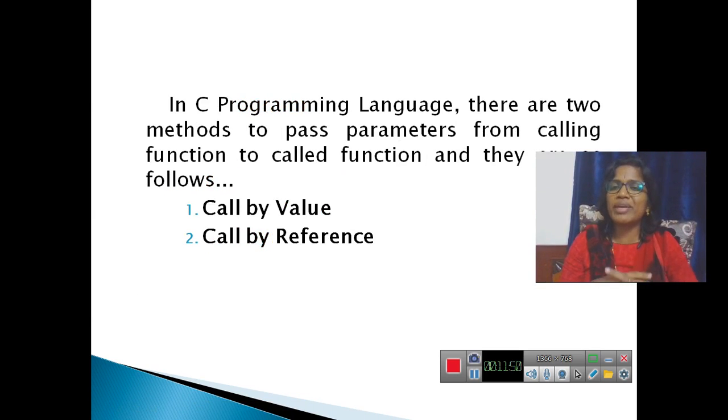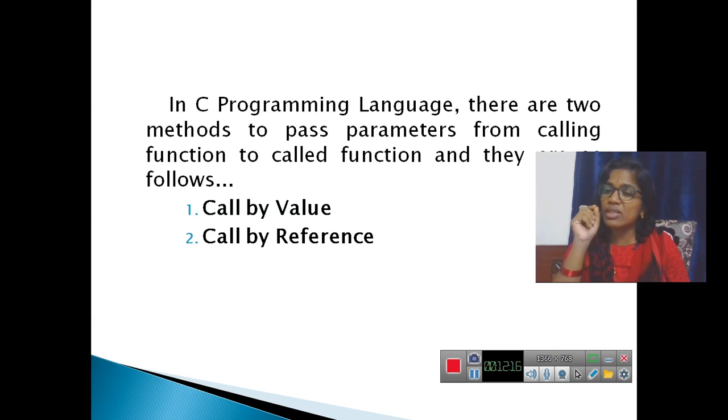So in the C programming language, there are two methods to pass parameters from the calling function to the called function. The calling function is the main function, whereas the called function is the user-defined function. Here, as we have discussed, it is an addition function. In the same way, we can have any kind of called function, and they are as follows: two types. They are call by value and call by reference.